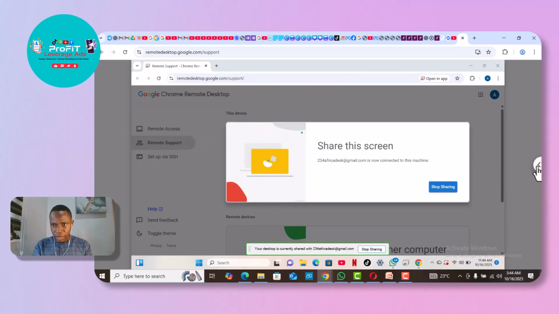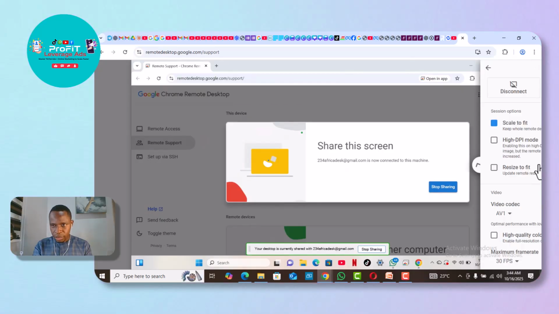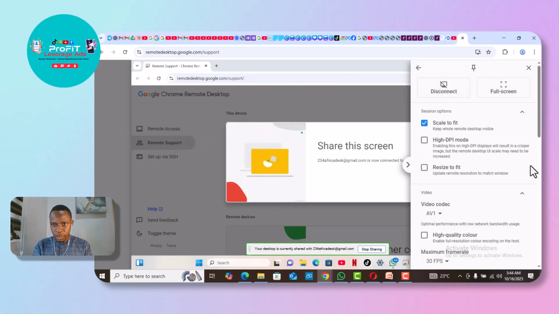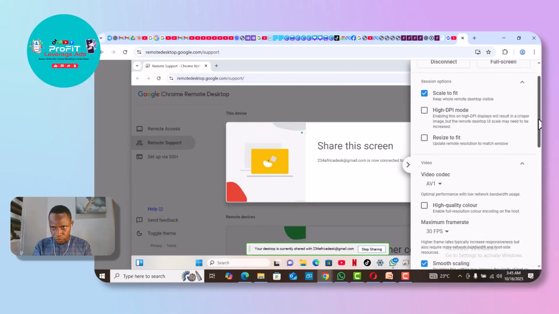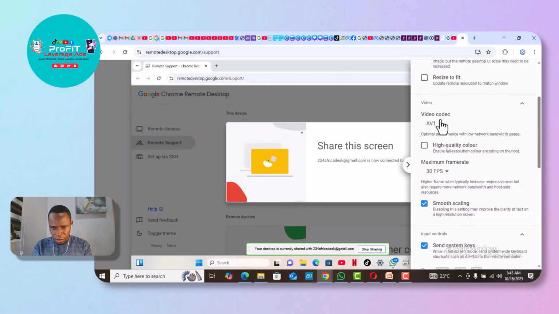To do that, there's a button here. When you click this button, you see some tools here, right? You can see full screen, right? I'll still do another video to explain most of these. You can choose any setting here, but this is what I want you to just click. I'll click it in a moment. When you scroll down, you'll see this